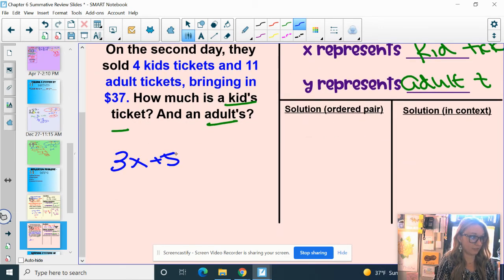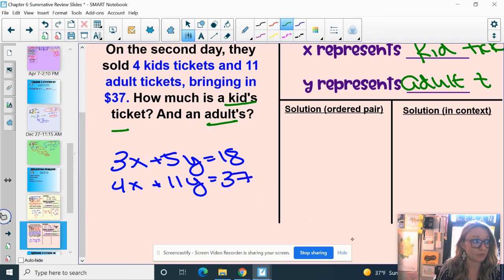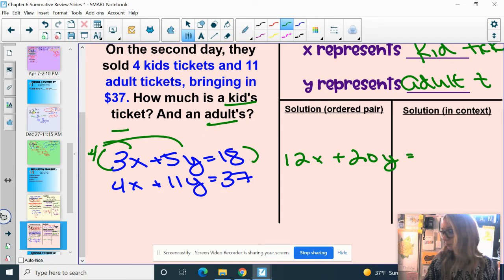So I'm just going to copy it down here. So we had 3x plus 5y equals 18. 4x plus 11y is equal to 37. Now, this is one where you're going to have to multiply both equations. I feel like let's get our x's to match because we can get the 3 and the 4 to match a 12. So let's just go ahead and do that. So I'm going to multiply all of these pieces by 4. So I'm going to have 12x plus 20y equal,